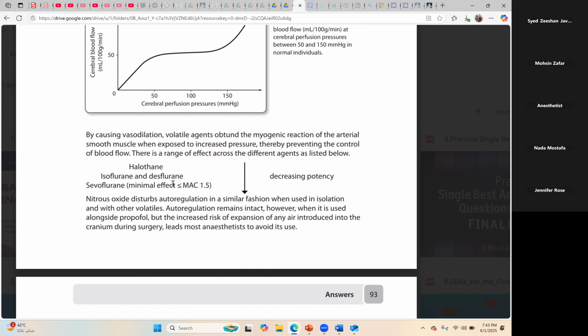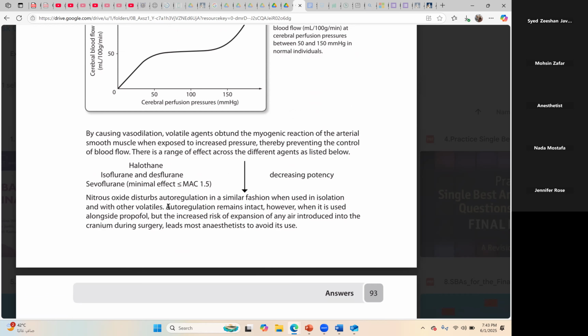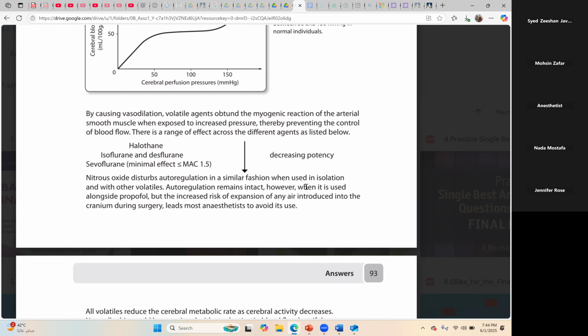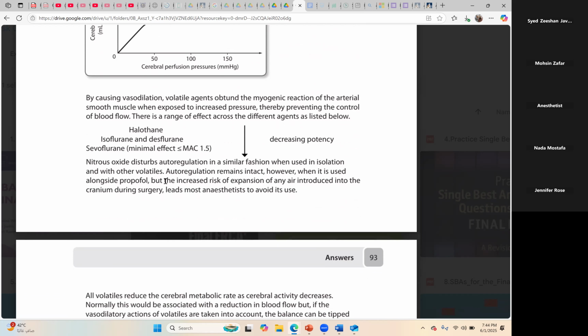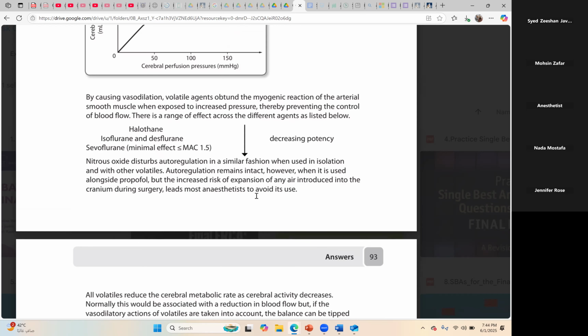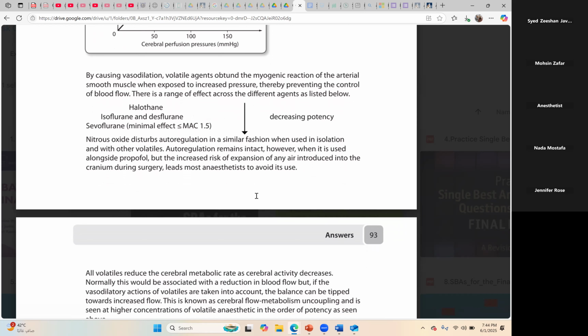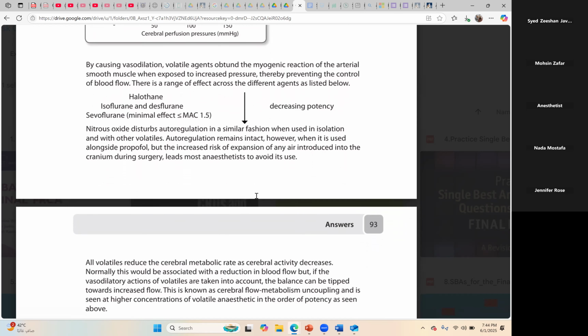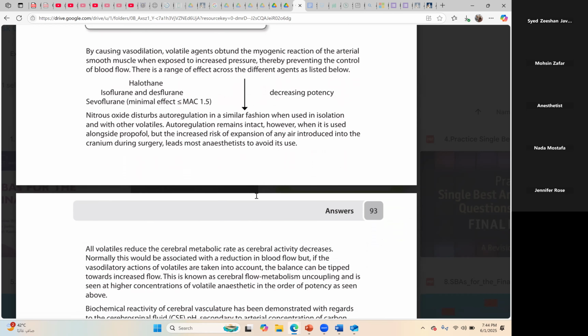Halothane, isoflurane, desflurane, sevoflurane: minimal effect at less than 1 to 1.5 MAC. Nitrous oxide disturbs autoregulation in a similar fashion when used in isolation or with the other volatiles. Autoregulation remains intact, however, when it is used alongside propofol. But the increased risk of expansion of any air introduced into the cranium during surgery leads most anesthetists to avoid